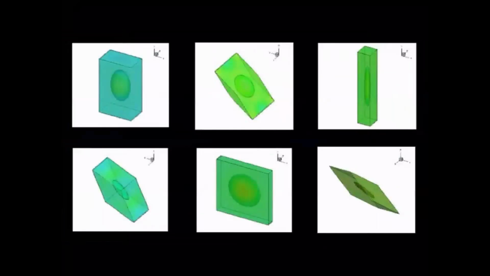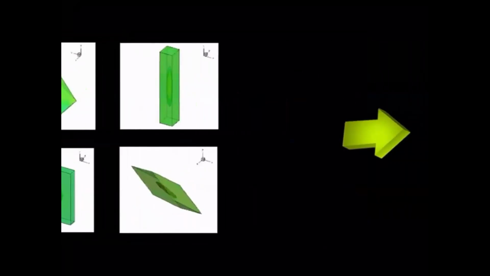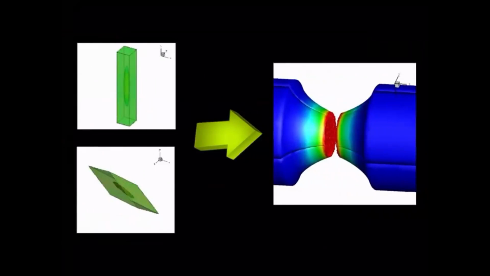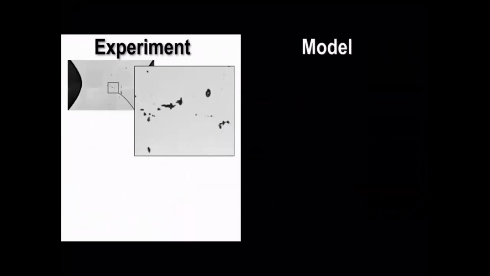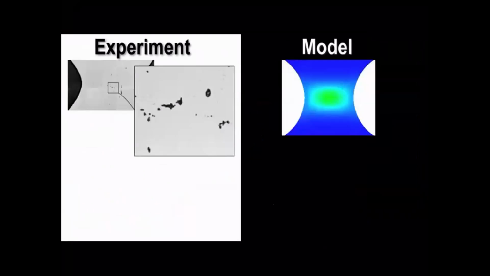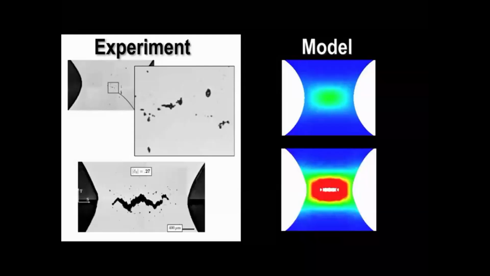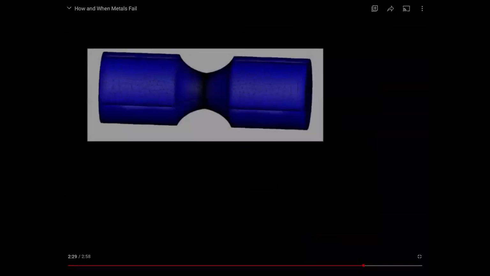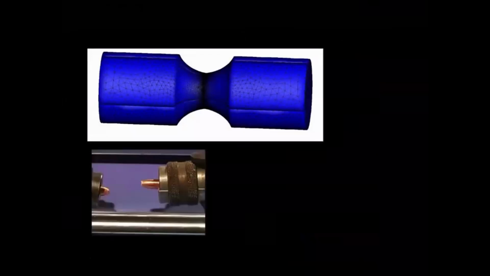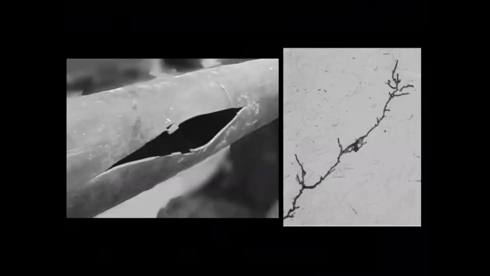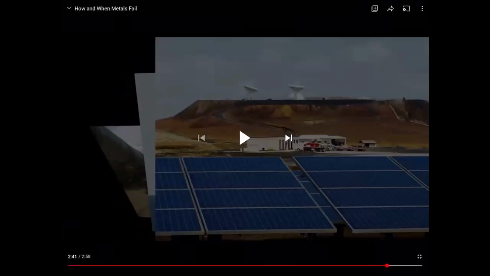So, by using a bunch of models of microscopic voids, I'm able to make predictions about how and when larger elements will fail. The truly amazing thing is that these predictions actually correspond to experiments. I'm able to show that damage starts to occur in the center of this element and leads to a crack, which is the same as seen in experiments. The use of computational models such as mine, when combined with simple experiments, will help improve our ability to predict cracks and ultimately help to avoid the failure of our structures. So, as we move into the future, our use